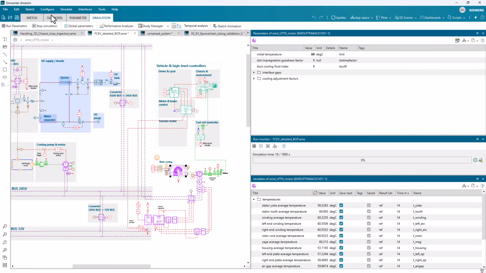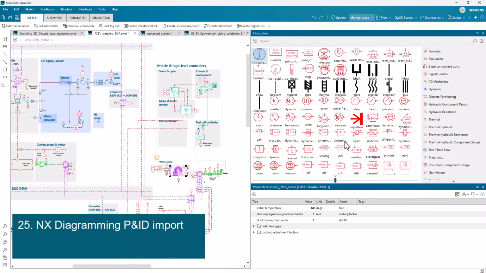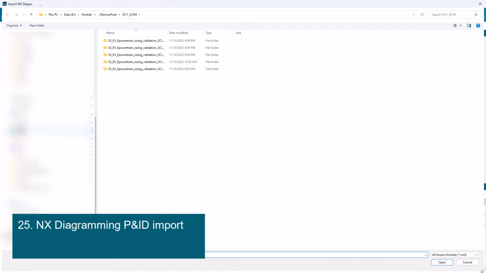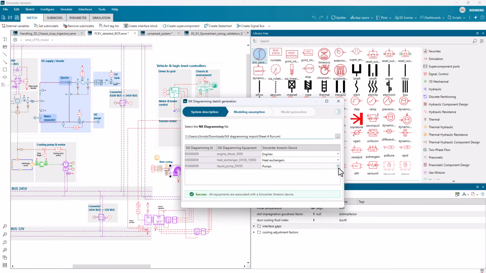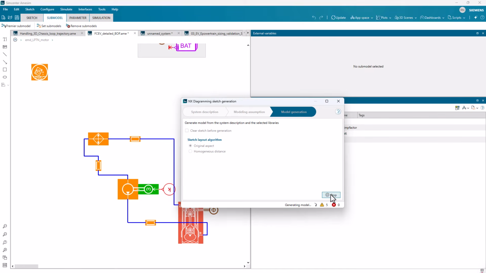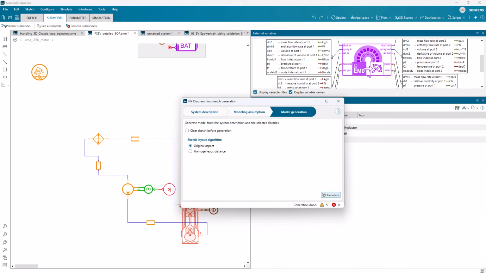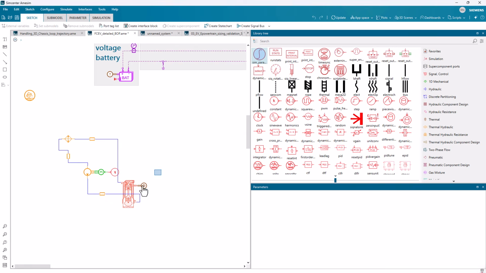Imagine you have design engineers who already worked on the piping network and released a piping and instrumentation diagram, the so-called P&ID. In SimCenter AMESim 2511, we can now automatically generate the P&ID corresponding model as shown here. This enables us to rapidly generate complex 2D piping network definitions without any loss of information. Here is an example and the comparison of the model generated with the original P&ID diagram. We will then connect the piping network to the existing thermal management system.